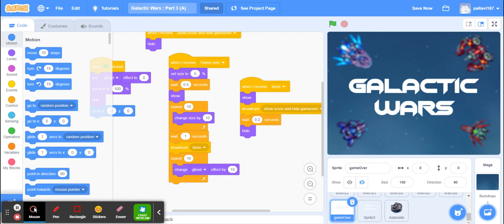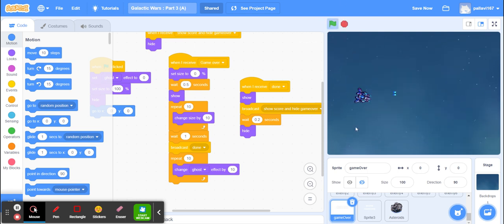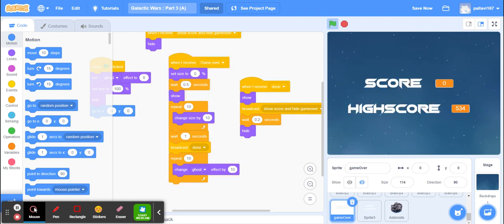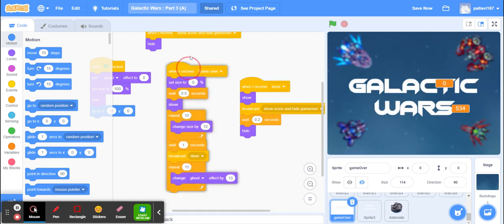Basically it's growing from 0 to 100 to show that animation effect of the game over sprite coming from inside out, like here. Did you see the game over sprite started from zero size and slowly grew over the screen? So this is the code to do that effect.